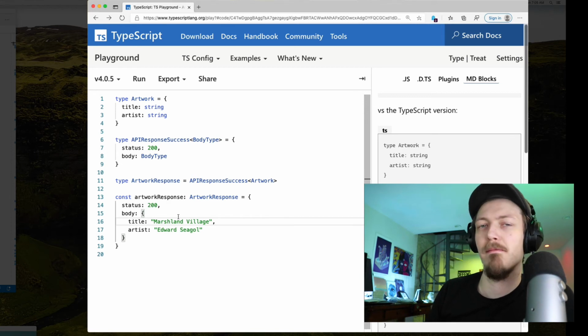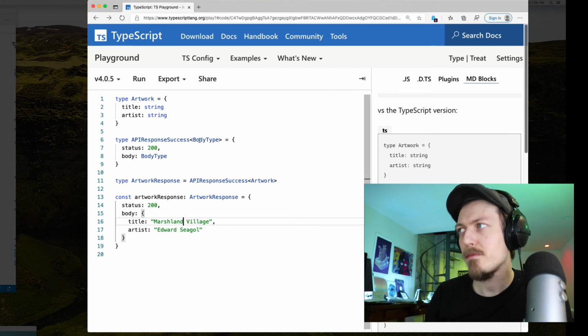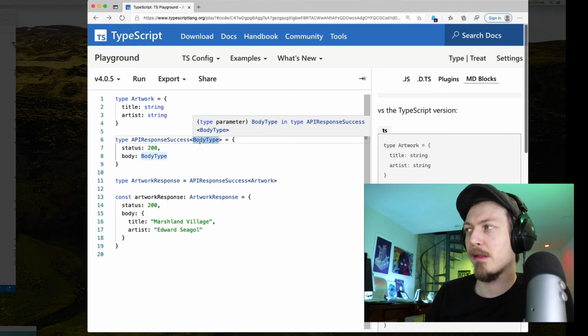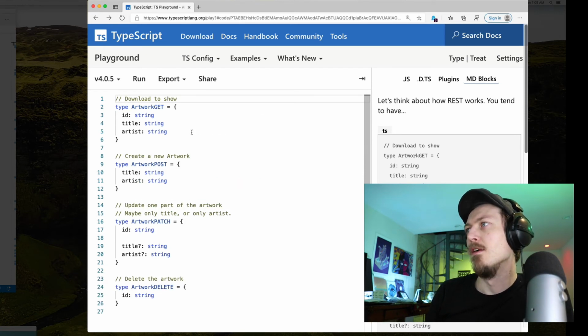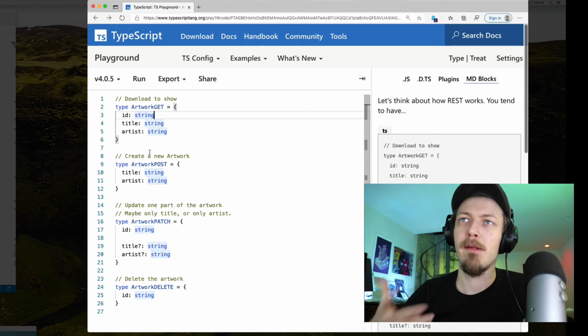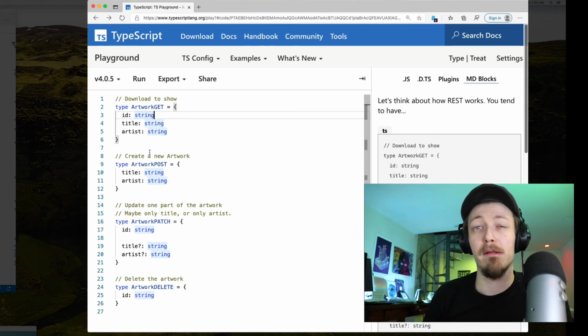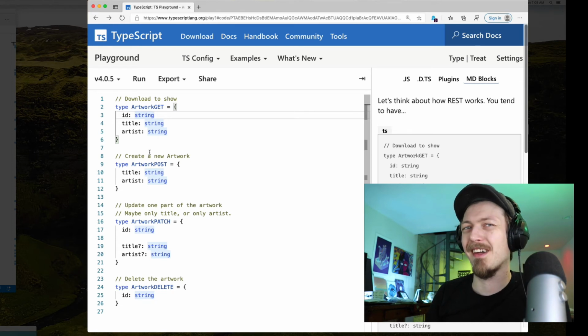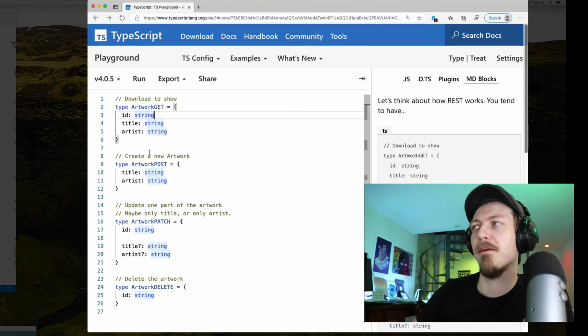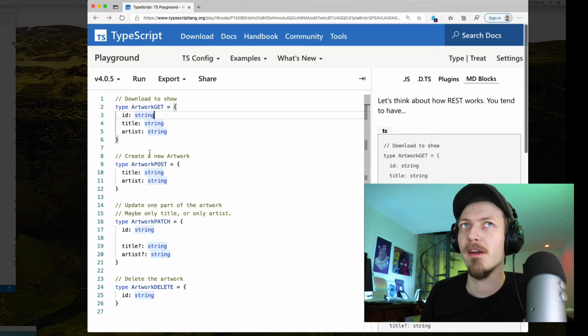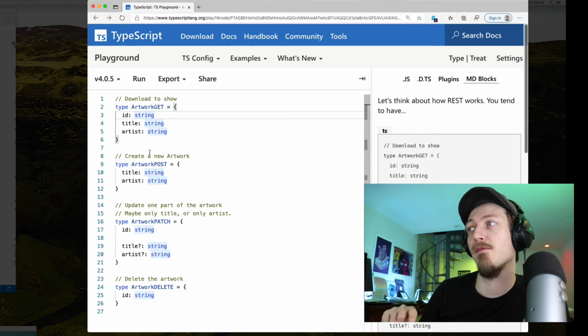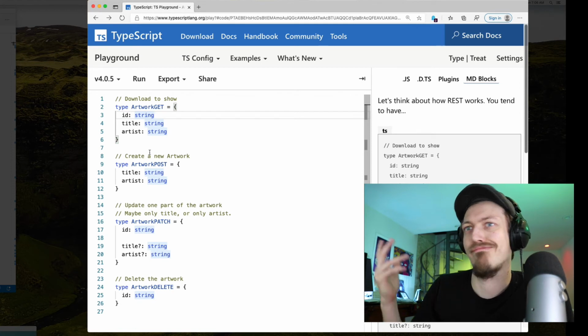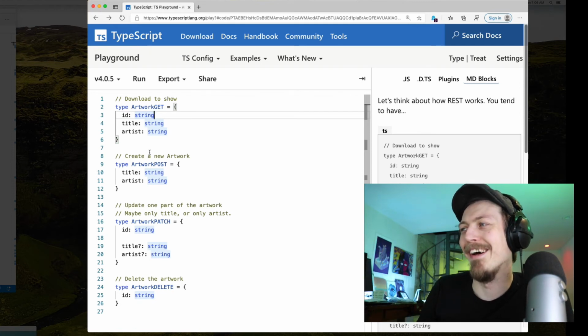And what we'll do is try and make a little HTTP client that uses a little bit of generics in a way that's kind of unique to how TypeScript works. So we want to do an HTTP client that emulates REST. If you've never done REST before, that's basically a generally standard way to think about how to edit objects over the internet. There's a way to read it. There's a way to edit it. There's a way to create one. There's a way to delete it.